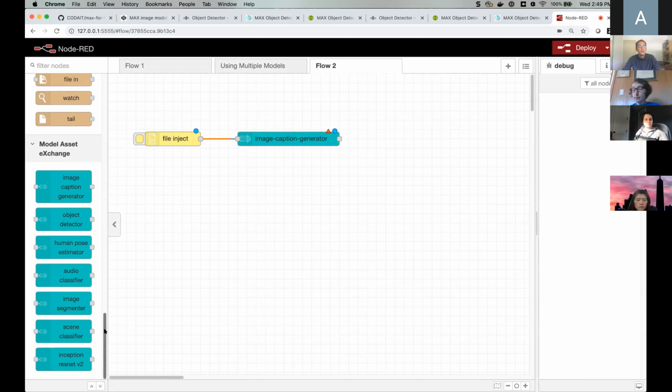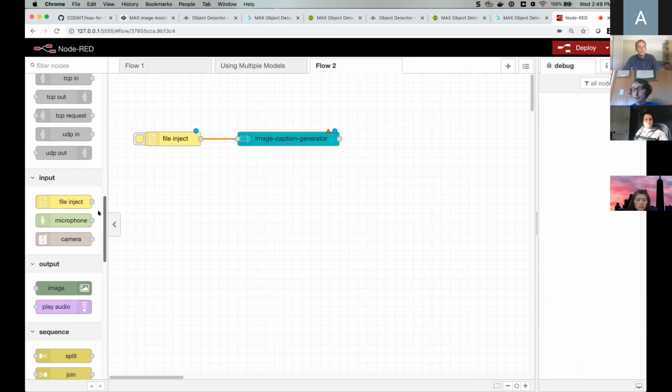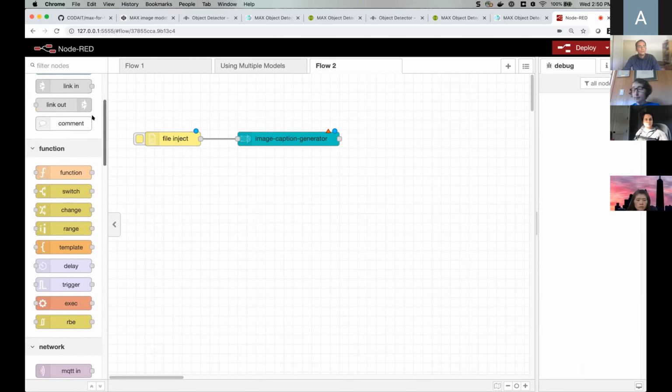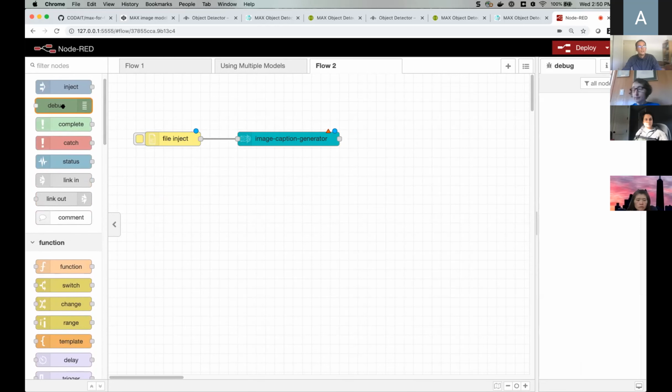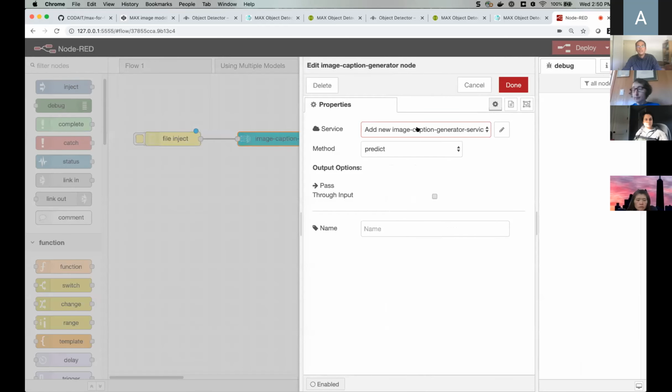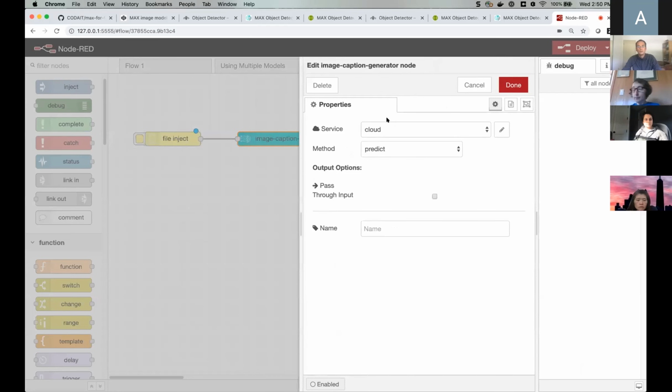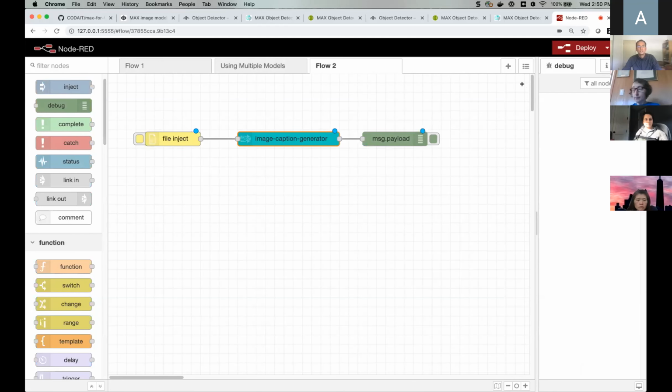And then I need to add an output to this flow. And let's say in this case, we want to use the debug node, which is just going to print something to the console here. So I'm going to connect those two nodes. And now I need to just define what is the microservice that I want to use. So I just accept the defaults here, and I'm ready to deploy this flow, right?